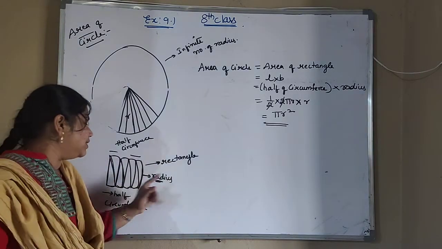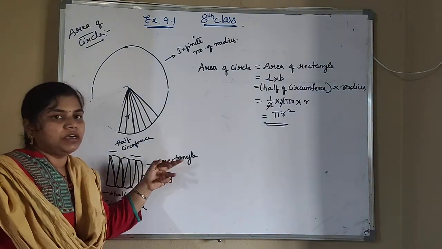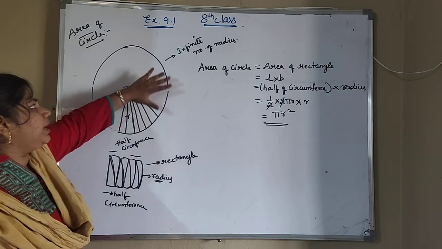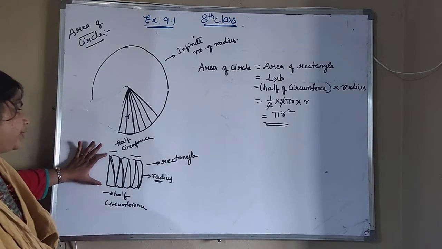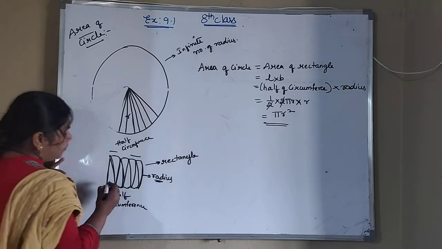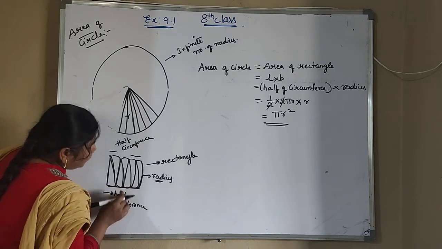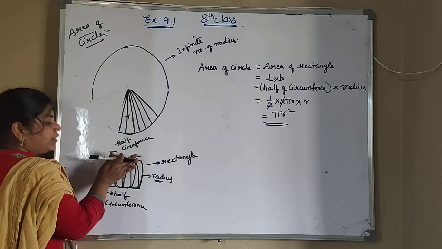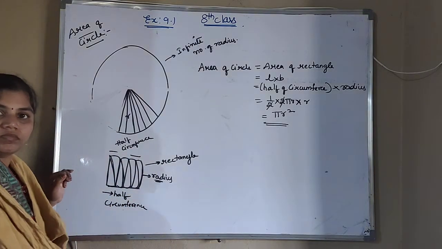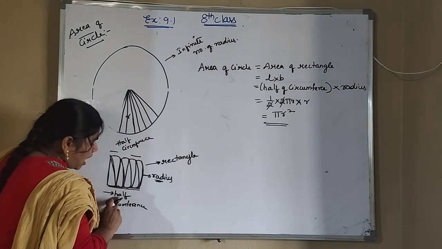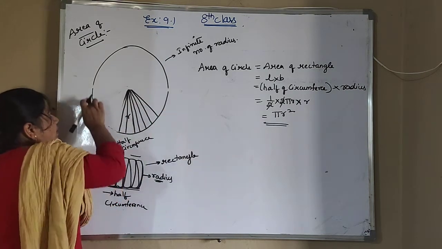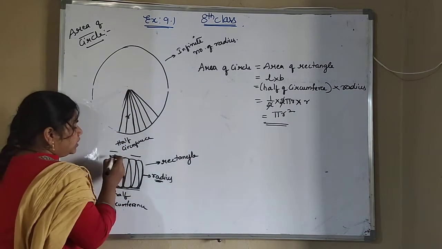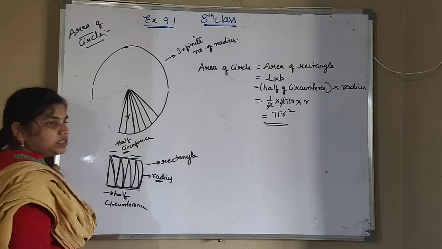So if you arrange like this, this will be converted into which figure? Rectangle figure. Okay, so the total circle has been converted to a rectangle here. So this half part is half of the circumference. Only half part is arranged down and half part is arranged up. So this part is called half of the circumference. This part is called the circumference. We are taking only half part. So this is half of the circumference. Here also it is half of the circumference.